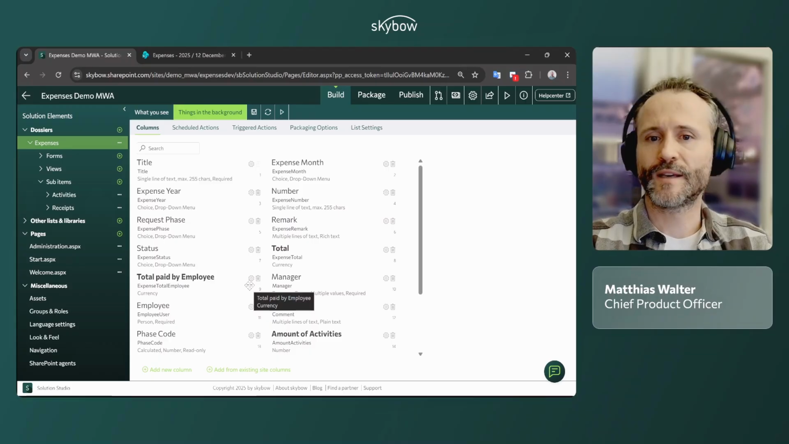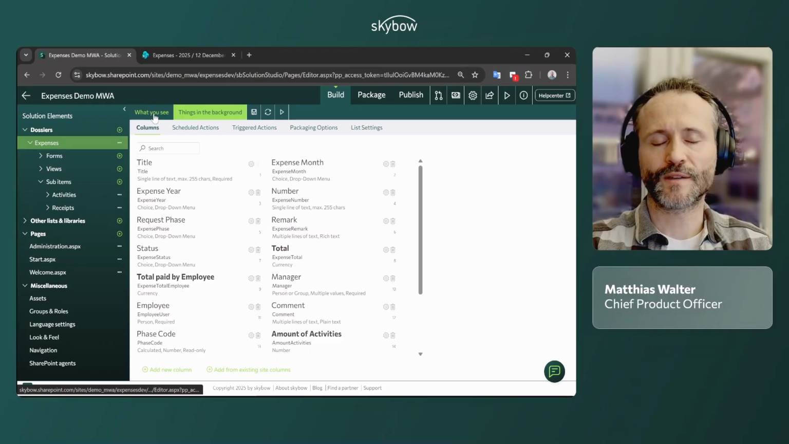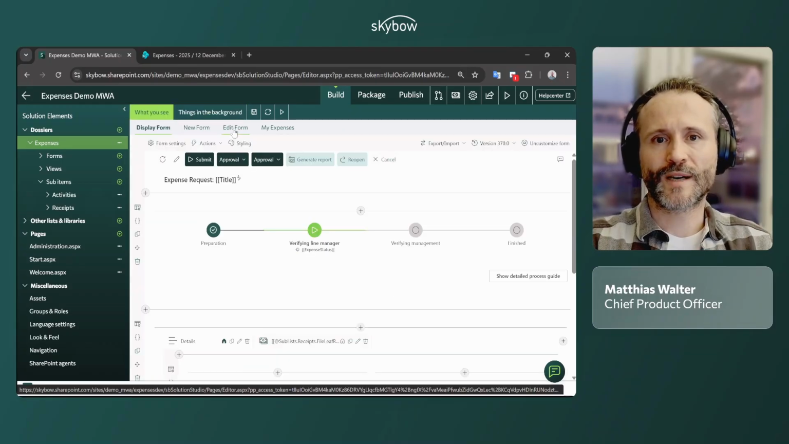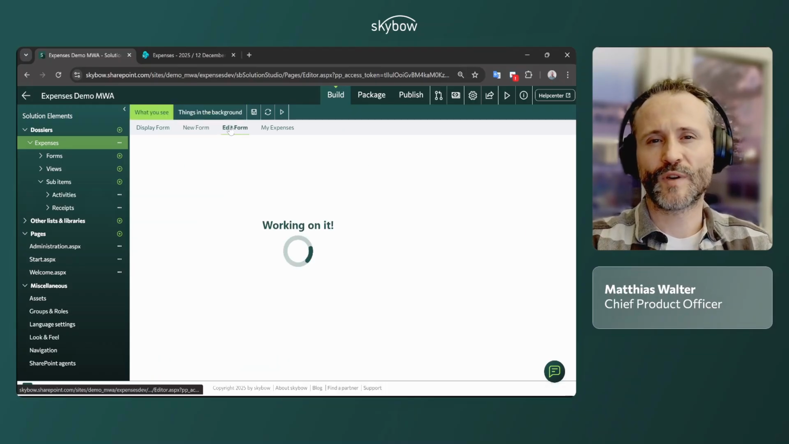So that's super simple to configure, and it's reliable, like I said, even if you do something in the list directly and not going through the form. Whereas on the other hand, when you do it on the form, like here on the edit form, and you want to see the total showing up,